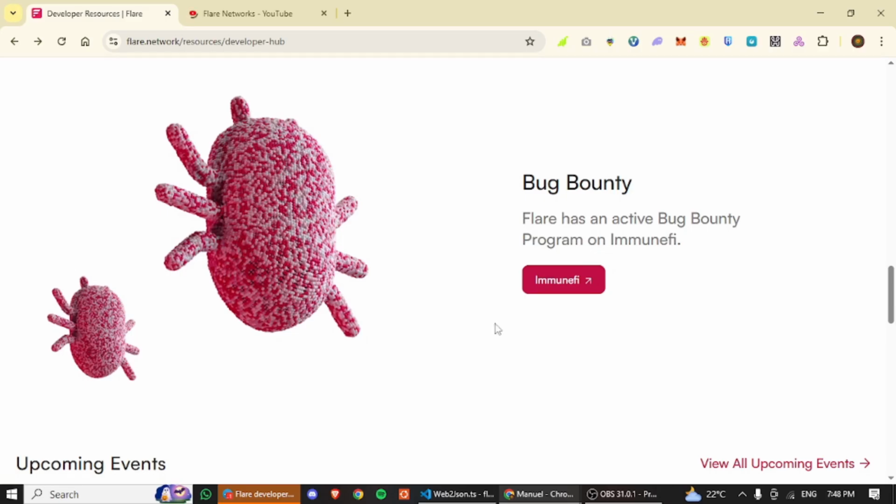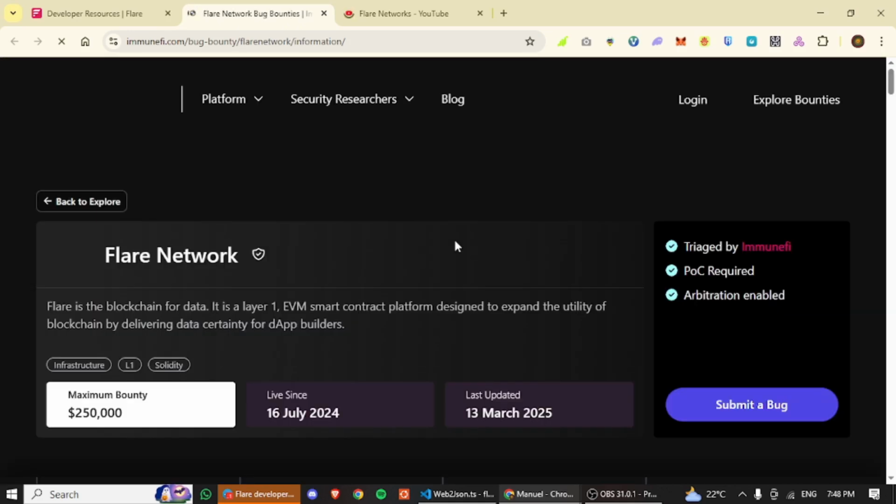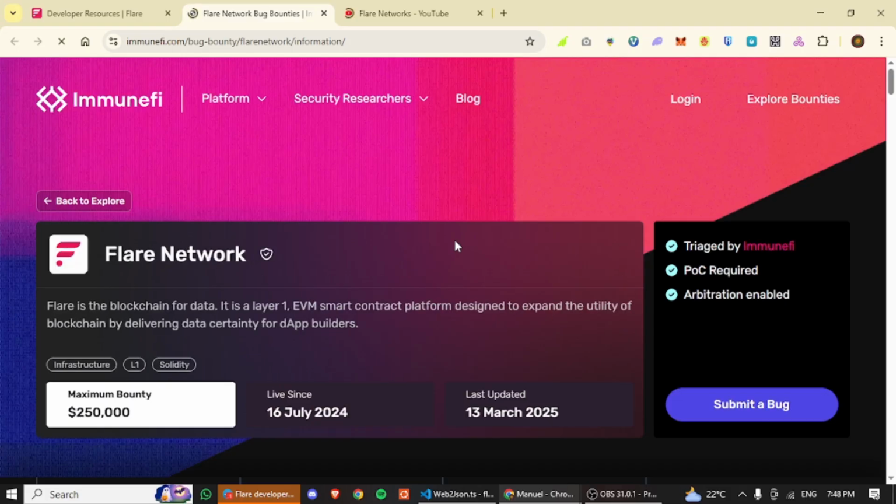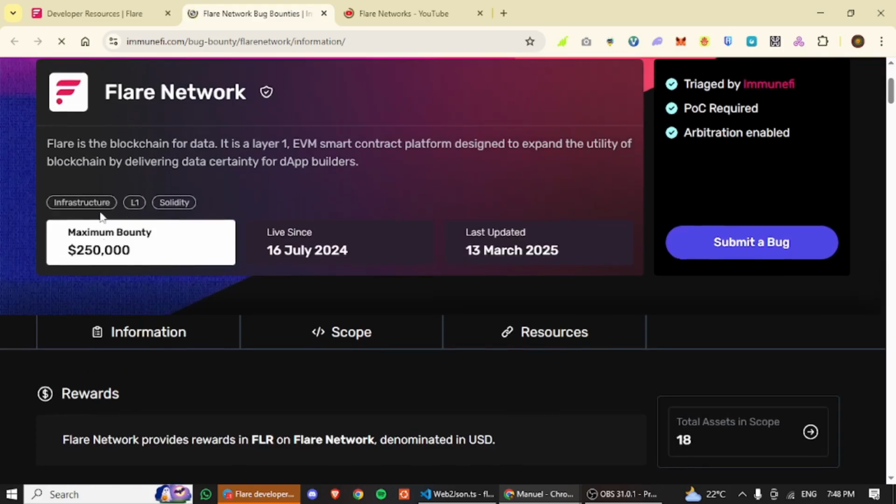Flare now actually has a bug bounty on Immunefi. Immunefi is one of those platforms where protocols put aside an amount of money for people to come and explore and test the protocol and some of the ecosystem smart contracts, to see if there are any vulnerabilities they could notify the network core team about and get rewarded for it. So that's what bug bounties are for. And there's one here by Flare.